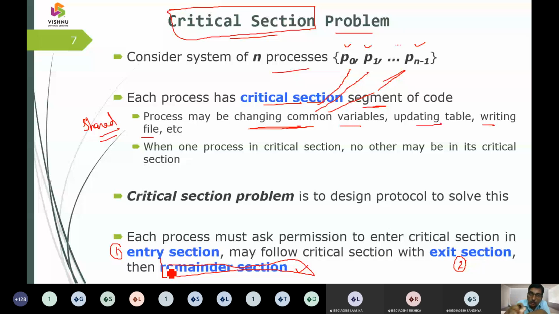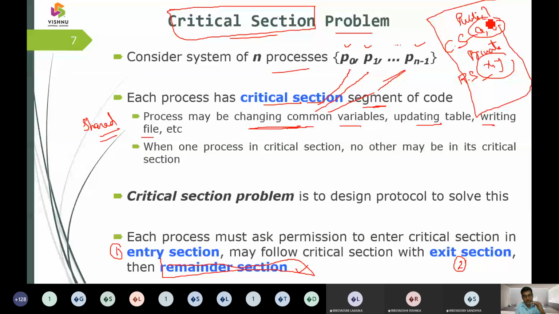Okay, in a class I am going to have public members A comma B, and then I am going to have private members, X comma Y. A comma B we are going to put into the critical section, X comma Y we are going to put into the remainder section. That is the difference here. If I take it as a class, the class contains data members and member functions, and assume these data members or member functions are A and B, and they can be shared by all the processes.